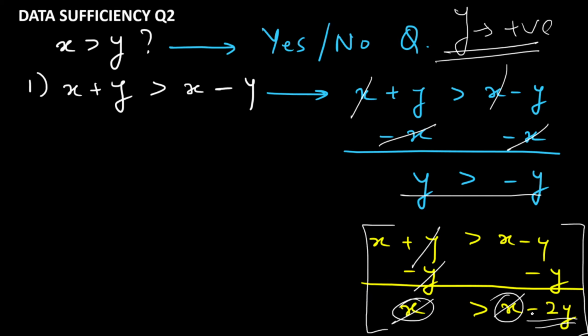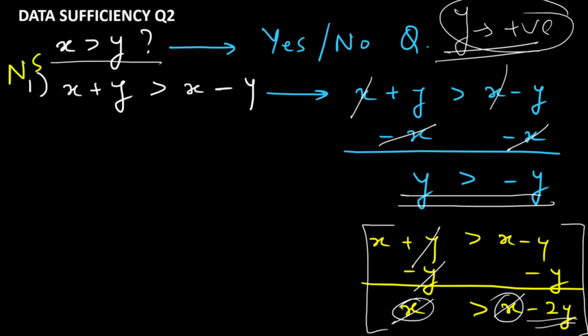So what did we do over here? We were just playing around to see whether we can get some more information because we need to know some information about x also to arrive at a conclusion to the question, right? Alright, so you can see that from statement 1 alone, we can just find that y is positive. We cannot know anything about x, right? So statement 1 alone is clearly not sufficient. I could take x as a positive value or a negative value, a positive value which is greater than y or a positive value less than y. So all types of possibilities are there. So statement 1 alone is clearly not sufficient.